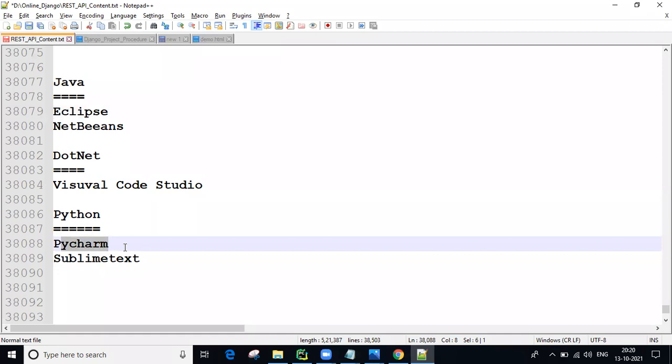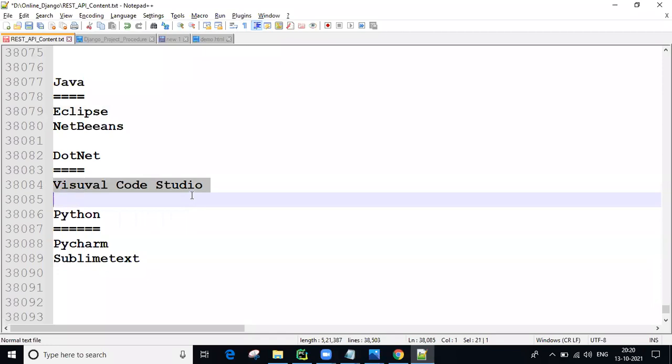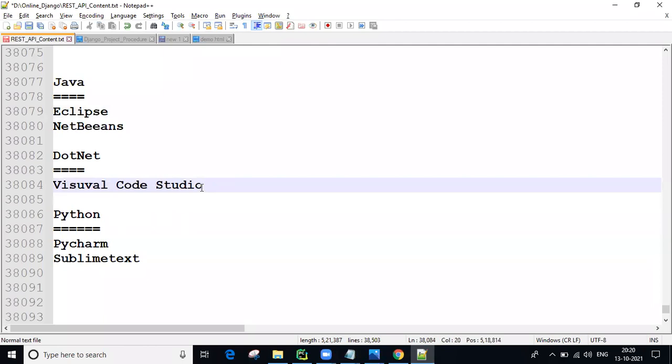I'm going to use PyCharm, guys. And Visual Studio Code also you can use. Right now I haven't downloaded this one, but very soon I will download it and show you using this one also. Don't worry, guys. Sublime Text also I will sometimes explain. These are all the same, no problem. Anyone you can use. Jupyter is there, whatever you want.